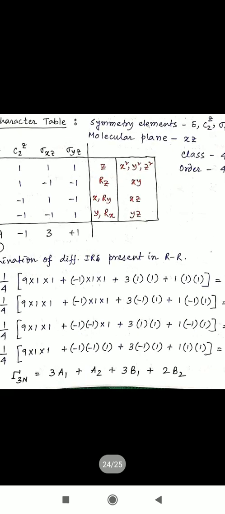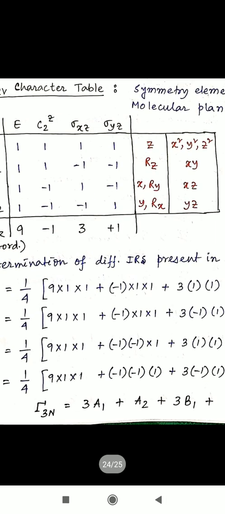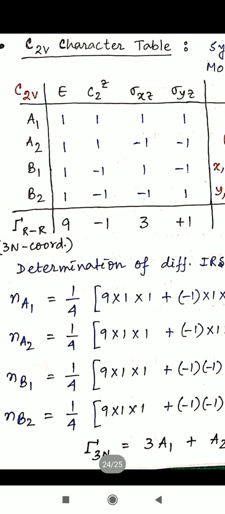Okay, so for this one I am just showing the example of our C2V character table. So this is our C2V character table. In the C2V character table, I have written above the symmetry operations, that is E, C2Z, sigma xz and sigma yz. You just look at the C2Z, and also you look at E. With respect to the E, for the Bethe notation 1 to 4, I have written all 1s. So those are one dimensional characters. That's why we have to write A or B.